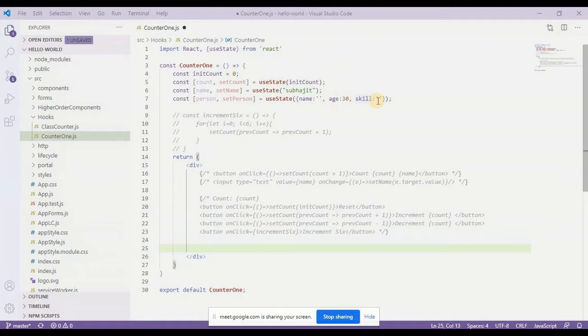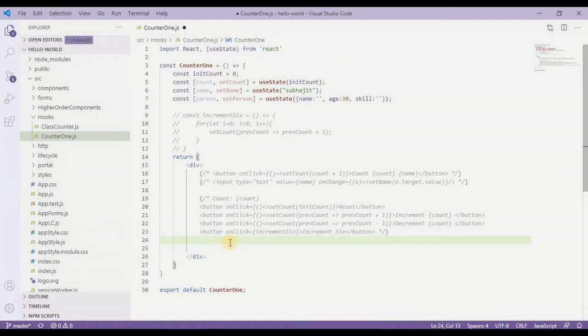Initially name and skill are empty strings, and age we are having as 30, and I have just commented out the old lines of code like the onClick methods and the increment by 6 function. Now I will take some lines of code to update this person useState.